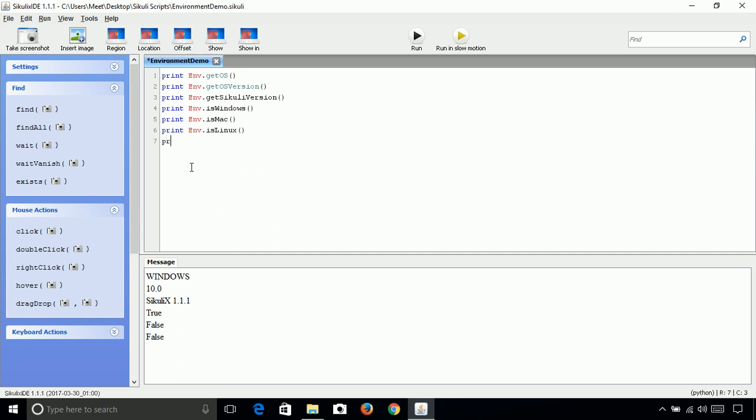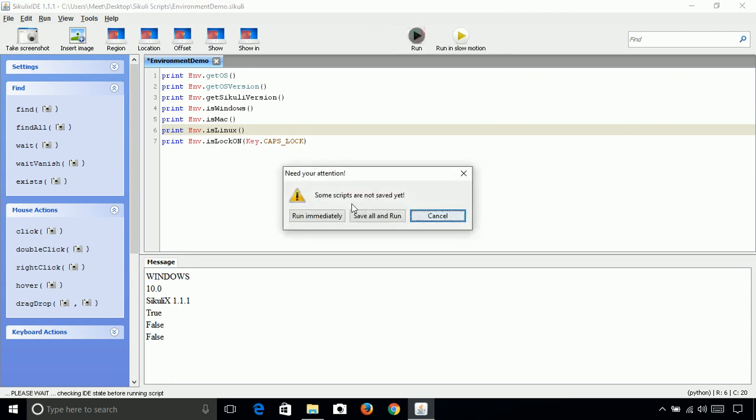Now let's see the method that is isLockOn, to check whether any key is on or not. So let's see whether our caps lock is on or not. So we can use caps lock like this, and now let's run it. It should be Env. Right now my caps lock is off, so it should return false.